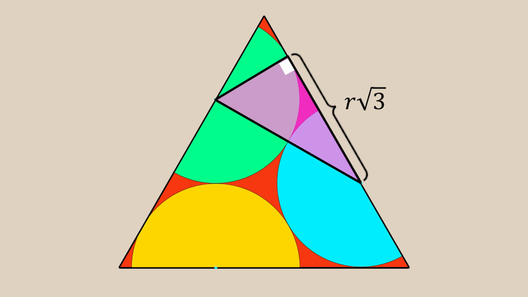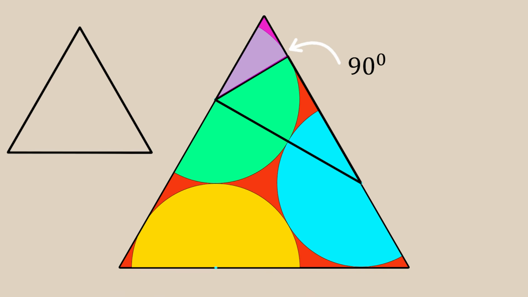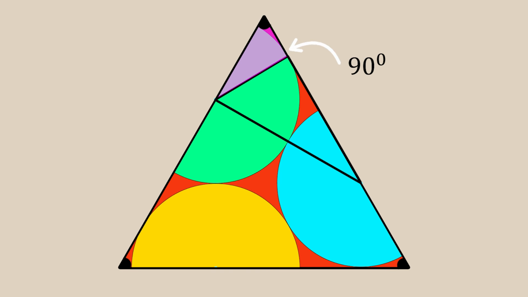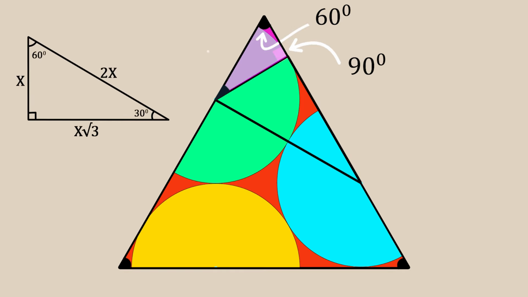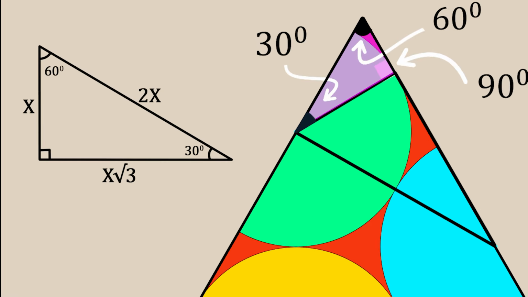Now, what remains are the two smaller segments, the top and the bottom. Before we calculate the top part, notice that a small triangle is created by 3 points. For this top part, we look at the corner. Since the radius meets the tangent line, it bisects the straight angle of 180 degrees into 2 equal 90-degree angles. Therefore, the angle for this new triangle is 90 degrees. Given that the main triangle is equilateral, the top corner is 60 degrees. Since the angles are 90, 60, and the remaining one is 30, we can for sure use the 30-60-90 theorem